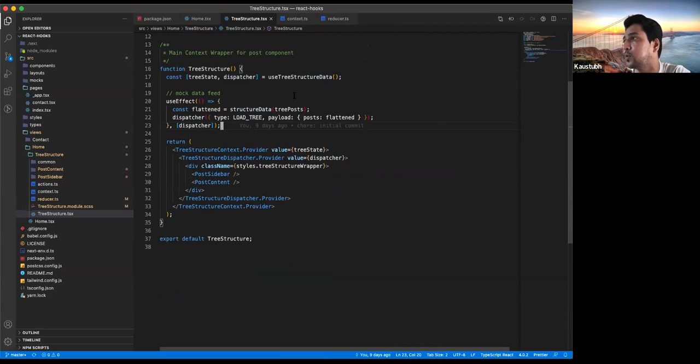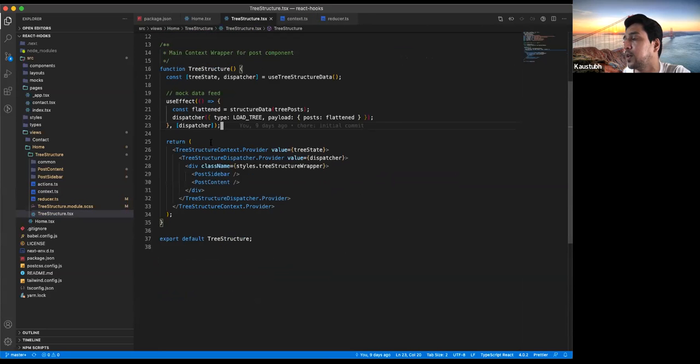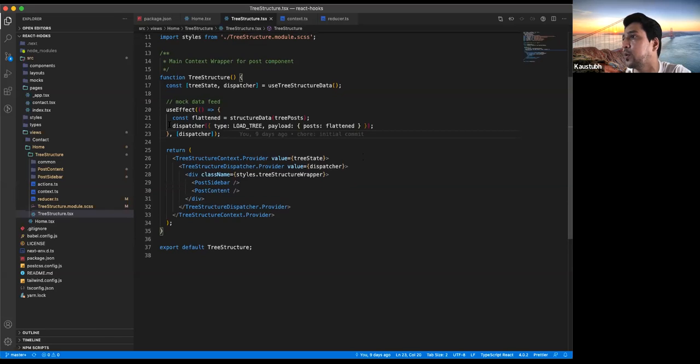So first you saw we just passed in the initial state to our store over here. But as my component loads, when I'm ready with my API data, I'm going to throw a dispatch action to it. So my reducer should be holding the new values, the API values in most cases, which I want.